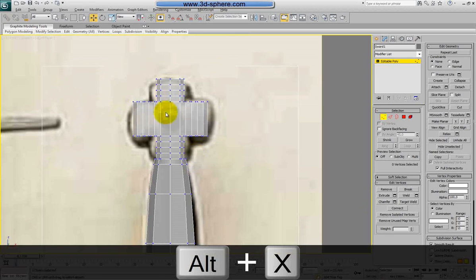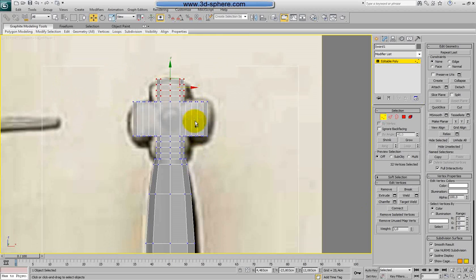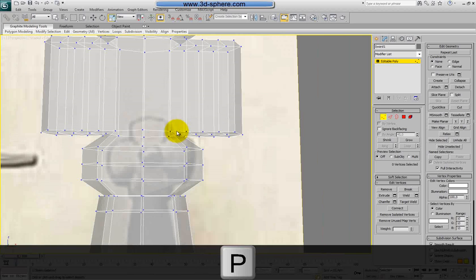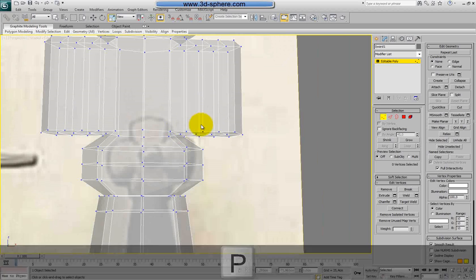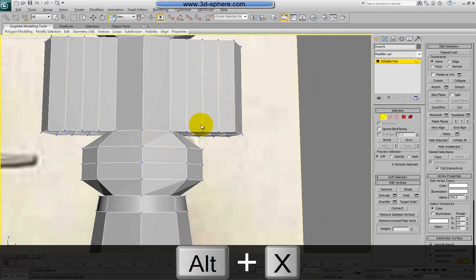Alt-X maybe to true, and I'll select these ones here. And let's scale. Okay, this is fine. Scale this back. Let's go to Alt-X,